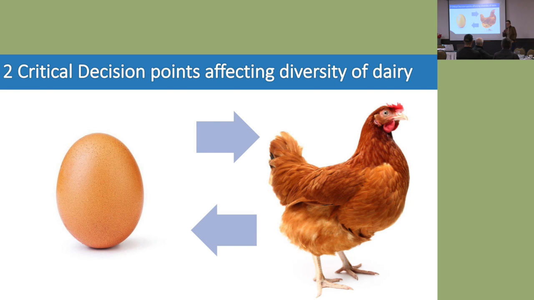Oh, that was scary. So ultimately, there's two critical decision points here. And that affects the diversity of dairy. Not only Jerseys, but of dairy, and of livestock, really. And this problem is a chicken and egg problem. Because who's responsible for maintaining genetic diversity in the cattle population? Ultimately. And now you can hear a pin drop. This is so fantastic. I'm so excited. Right? Are you all excited?